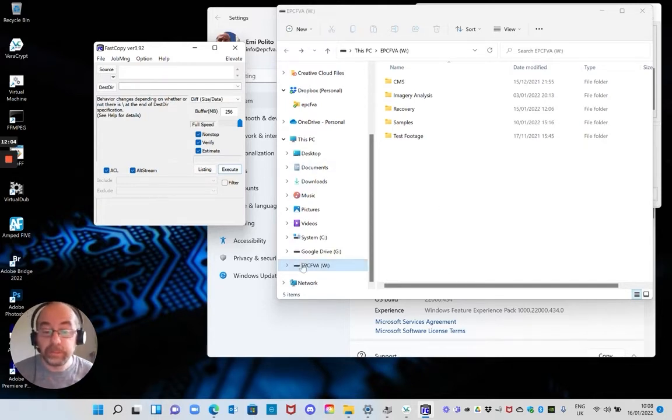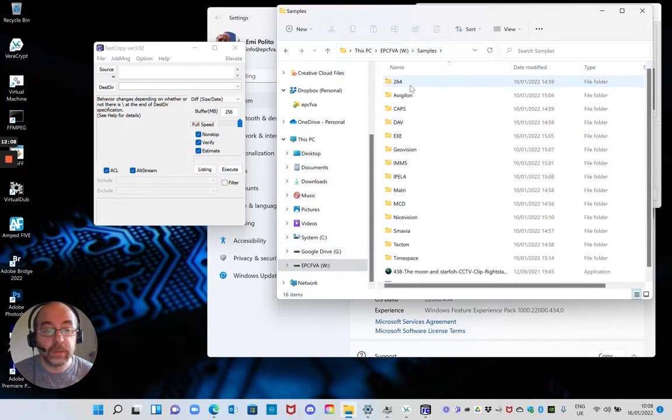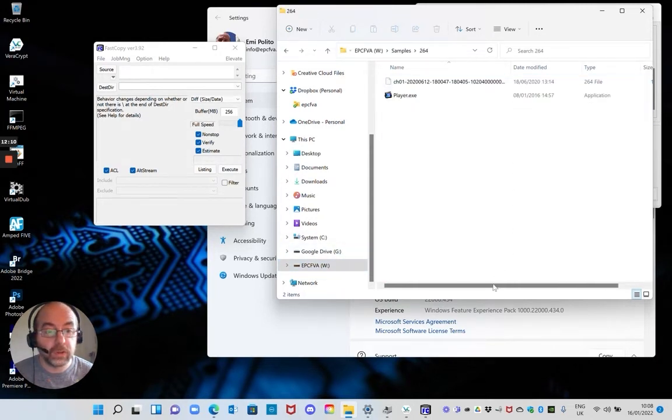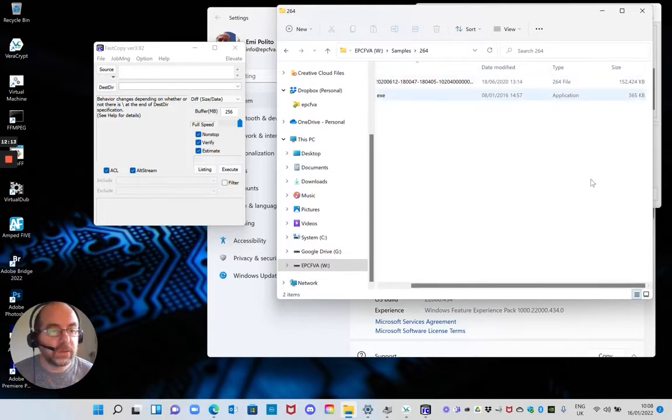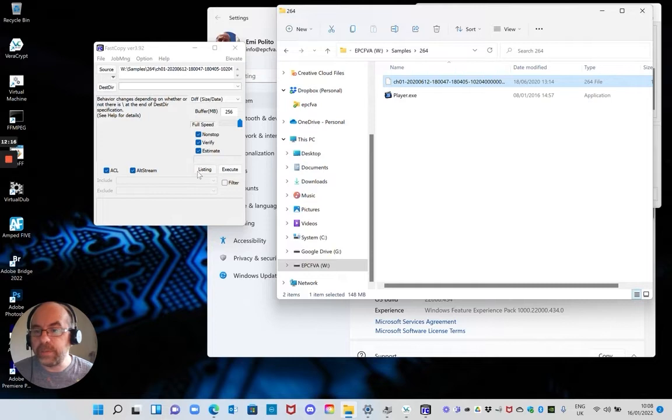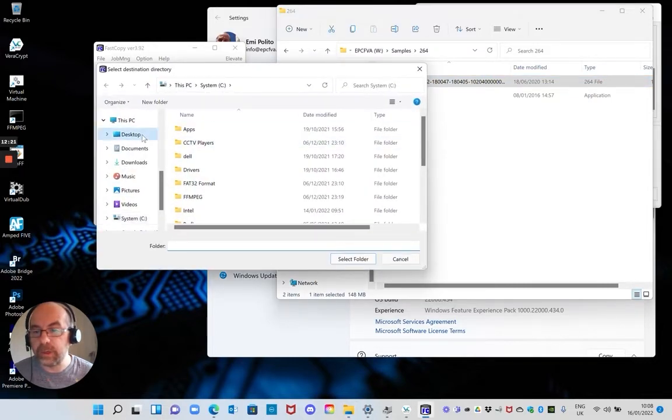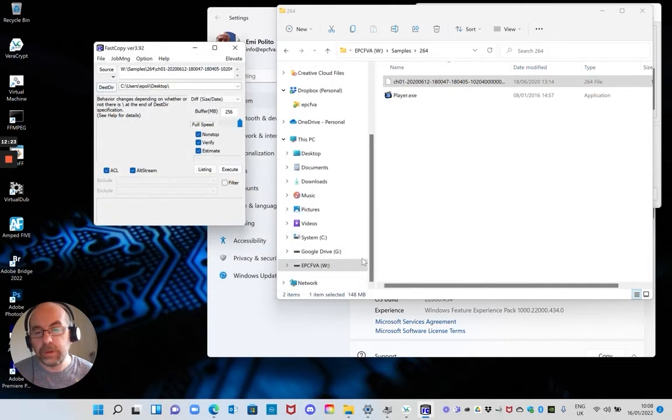So for example, if I go and copy one of my files, I'm going to pick one that is hopefully not too big. This one is 152 megs. That would be all right. I'll just drop it in there, and then I tell it where I want it. So say I want to copy into my desktop, and then I'm going to execute that. So that is going to copy the file, as you can see, it has now appeared on my desktop, but at the same time, it's going to give me